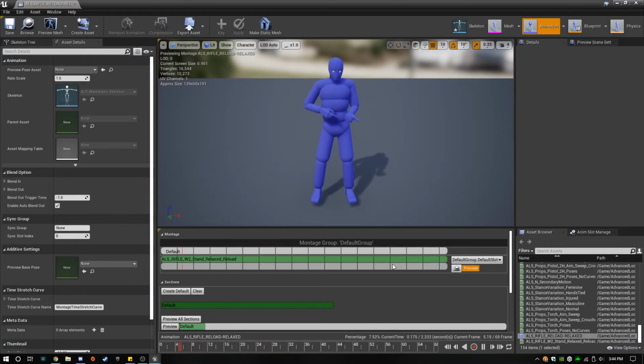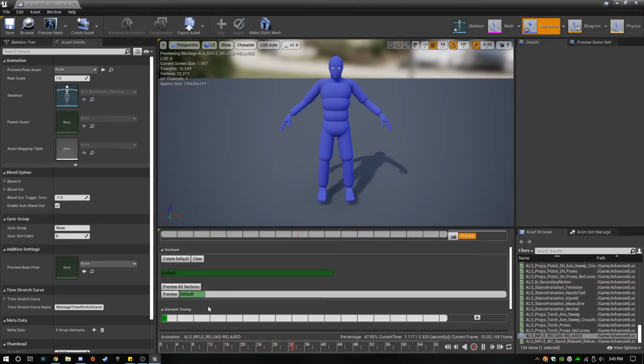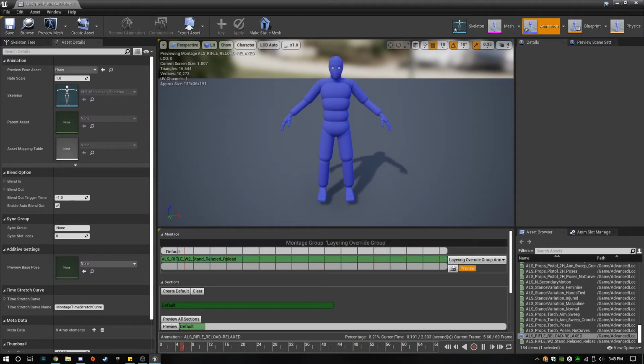So we want arm left, and you're supposed to be able to add a slot. Let me look up a video real quick. I was watching a video last night where he was actually going over adding slots here. And because I am not an animator, I don't remember such things.